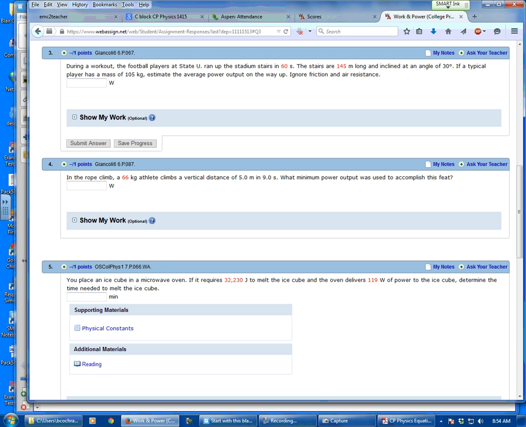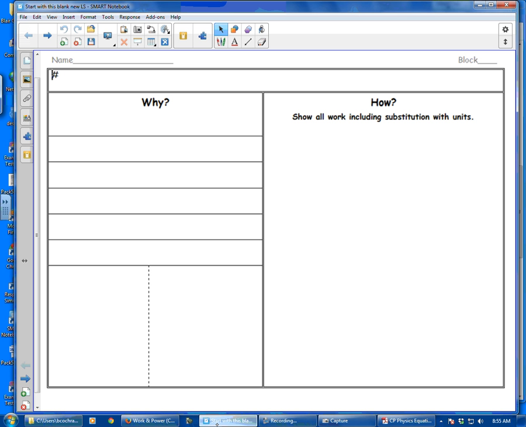Since the players are going to have to do work to get up the stairs, and the work they're going to have to do is against their weight, the force they're going to have to apply is going to be upwards, and so we care about the distance they travel upwards. So all of those things would be in my y here. So this is number 3. And in my y, I would say things like